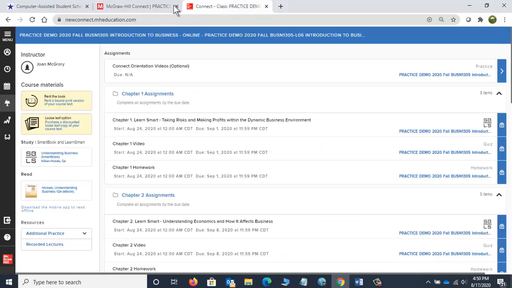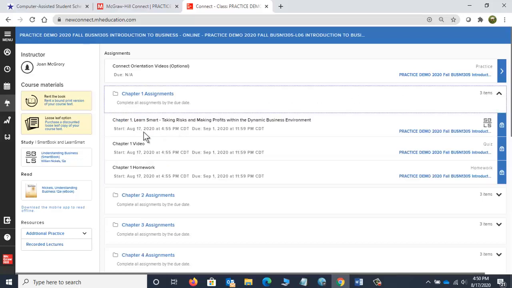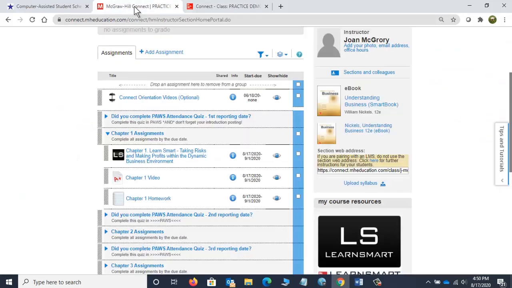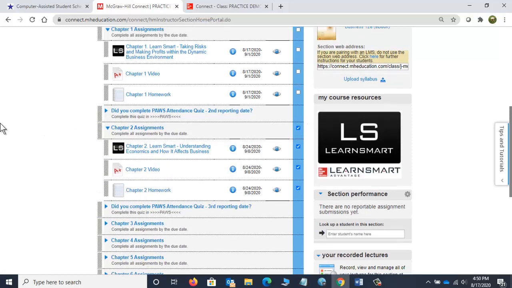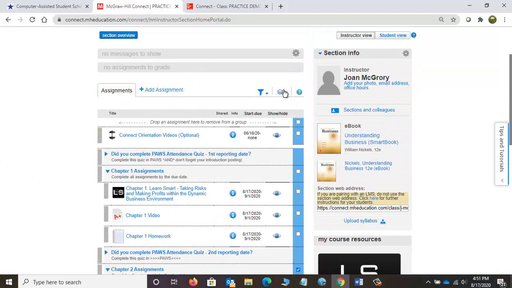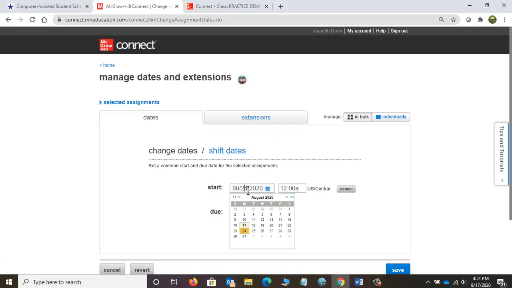If I go back to my student view, and I'm going to refresh, and if I look at my 3 assignments, I should be able to access them as soon as the clock goes to 4:55. So I might have to, let's change some dates on the Chapter 2 assignments as well. So I'm selecting them. I am going to click on Manage Dates, and I'm going to change that to, well, let's see, to today at